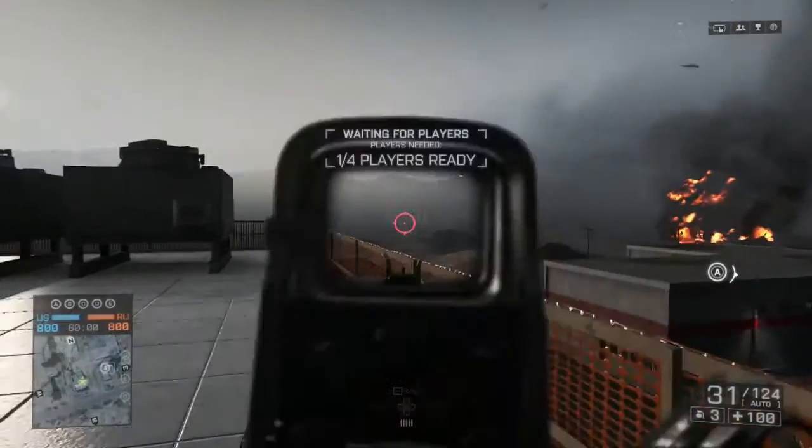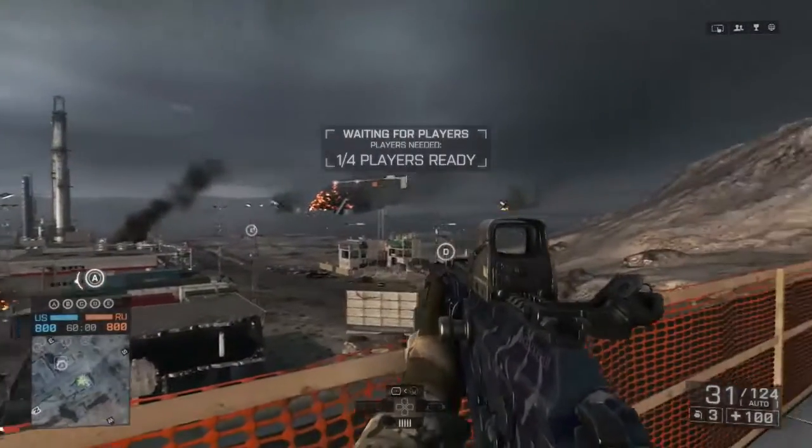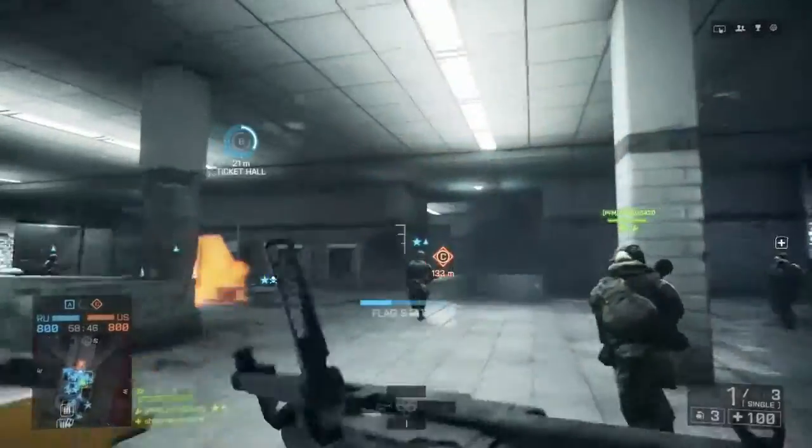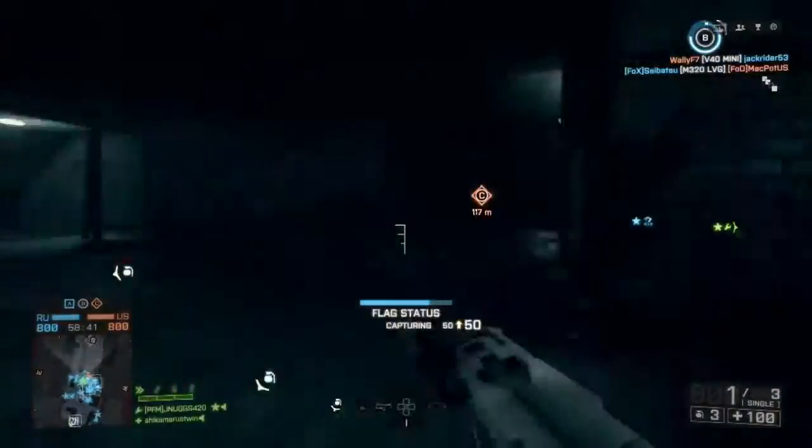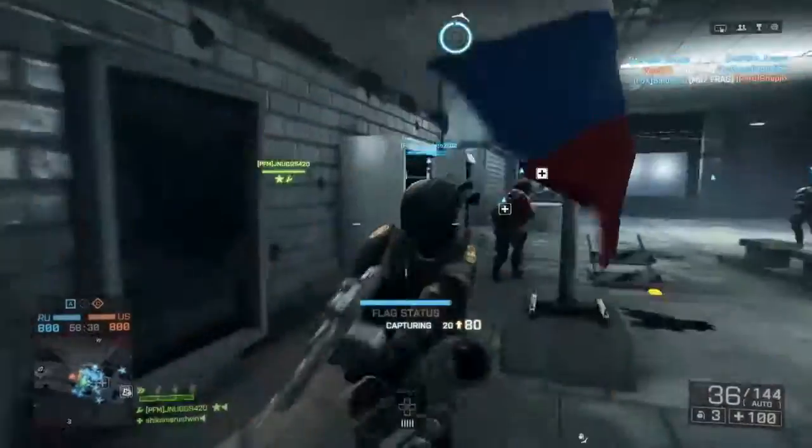And as far as Operation Firestorm, there wasn't a lot. A couple fires in the distance. The rigs have all been blown up and it's been darkened. Not really a lot on a lot of these maps. As far as what I think they could have done, one thing that they did do on Operation Metro is